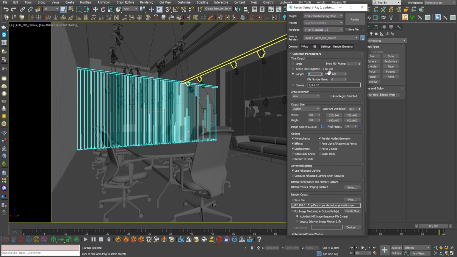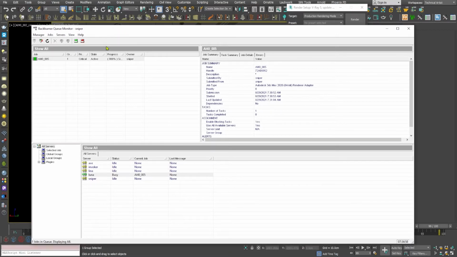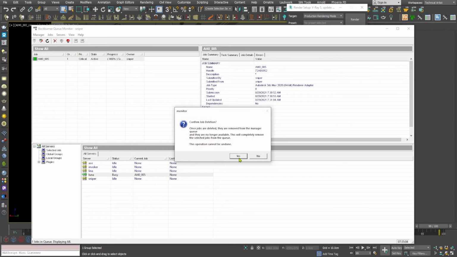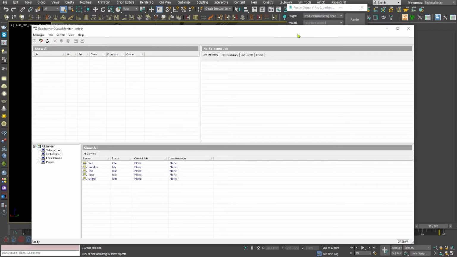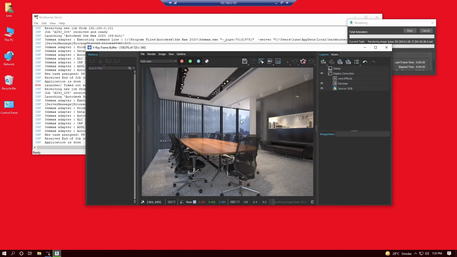So in this case, I will just try to render the 30 frames or maybe 60 frames, and click on here, and then I will go back to the monitor and click on this and delete this job, and click on yes,